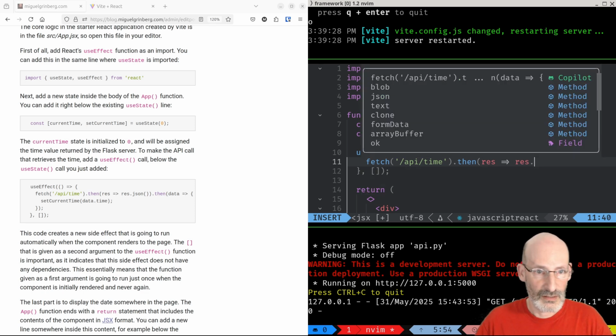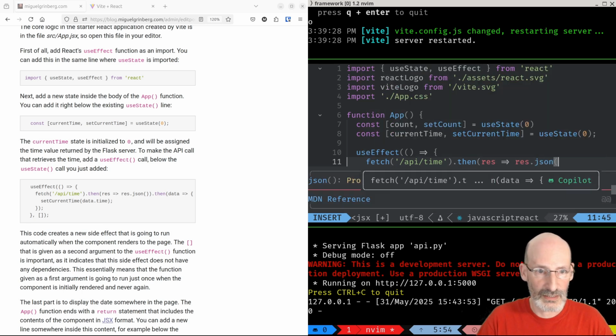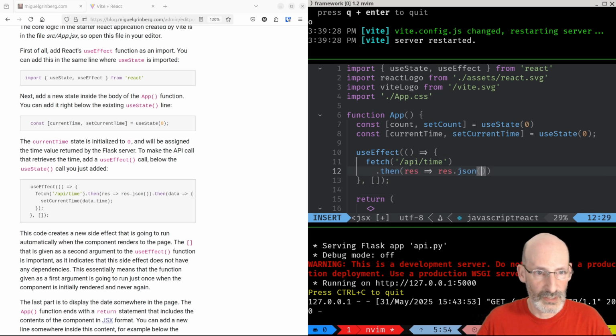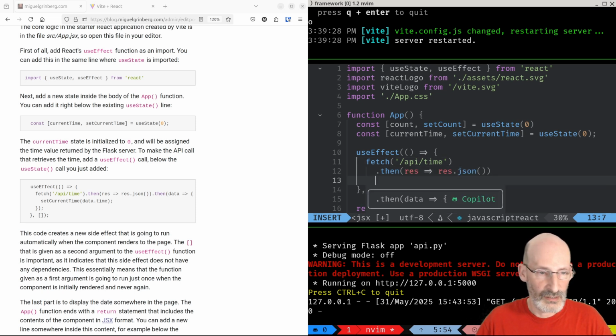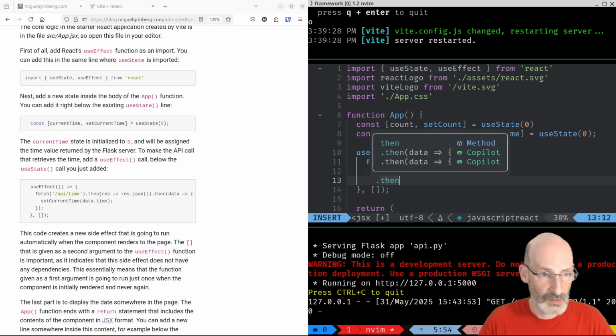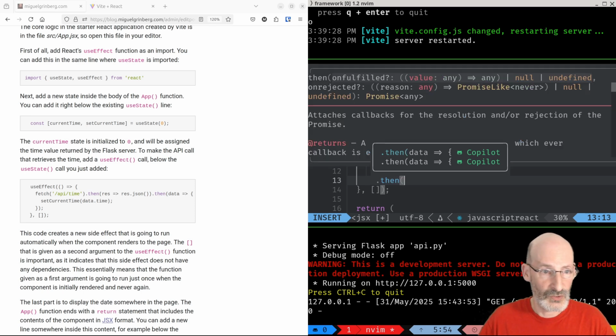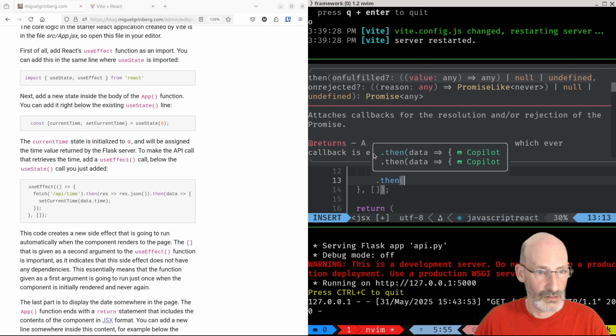This is done like that, and let's do this like this so that it's more readable. This is the way promises in JavaScript work. Another option that you have, if you prefer to use async await for this, that will also work. So you can do that too. So the final one, we get data,